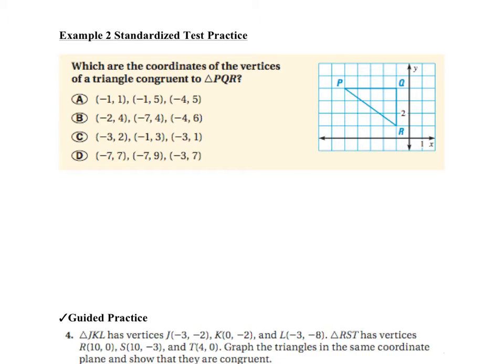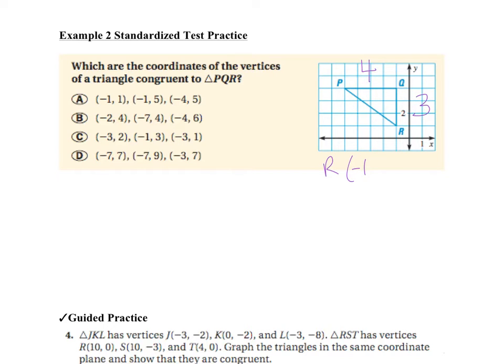Okay, when we are looking at a diagram, coordinate plane, we need to find our side lengths, and we can basically figure out what this one is. This one has side lengths of, counting spaces, 3, 4, and naturally we could find the length of PR by using